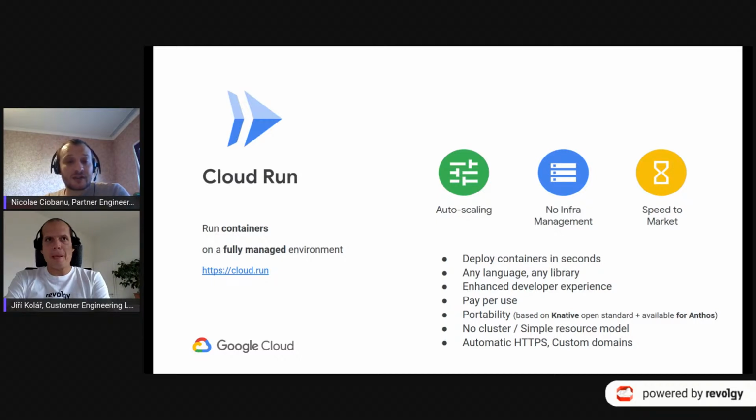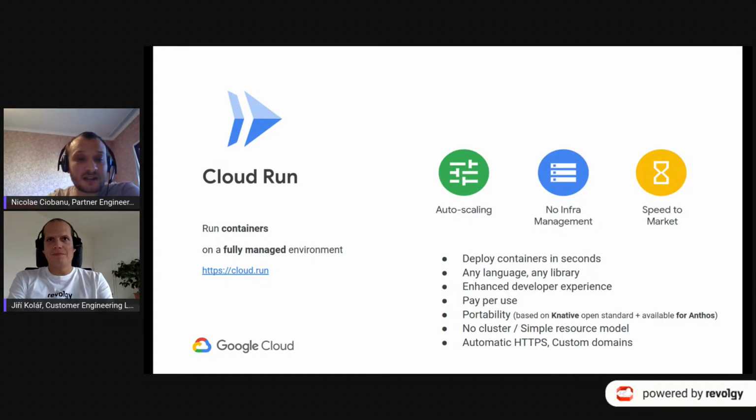Also CloudRun, it's pluggable. It integrates well with other GCP products like Cloud Build, Stackdriver, and can be extended with partners. For example, with GitLab or Datadog.